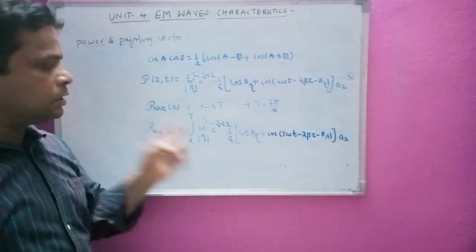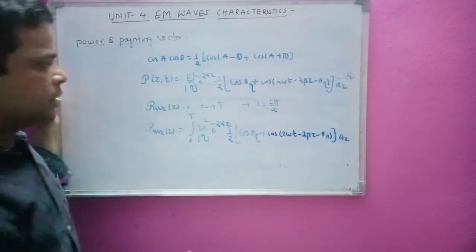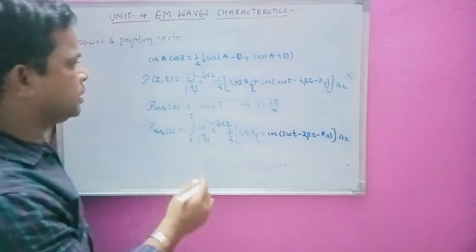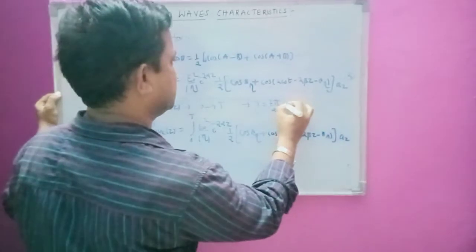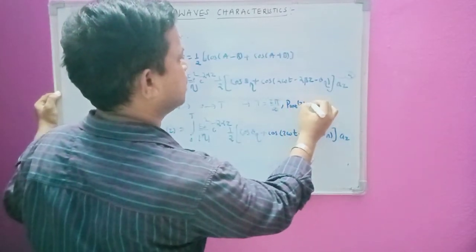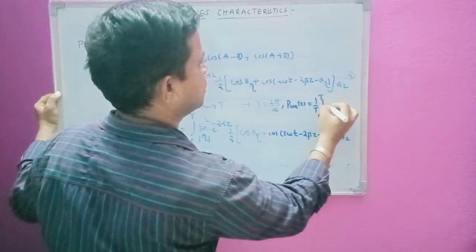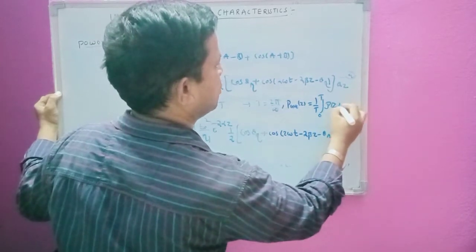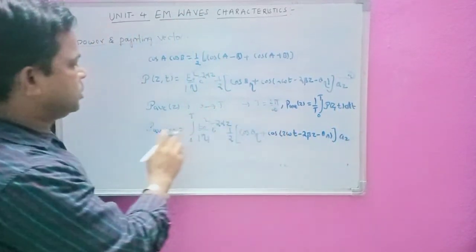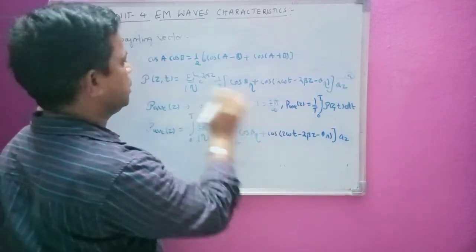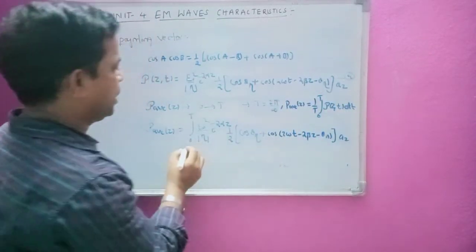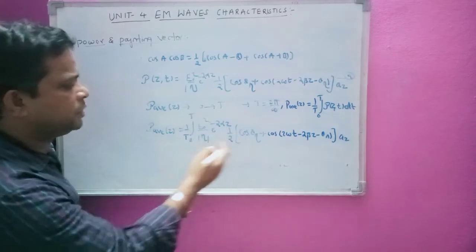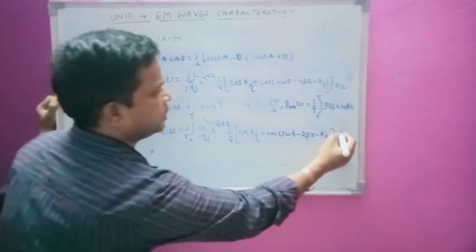Now we are going to integrate this in these limits. So the constant terms we will take outside here, that is the average power we are going to get. Actually, you have to write the formula here before going to this one. P average we are going to calculate by taking 1 by T times the integral from 0 to T of P of z comma t dt. So this is the formula actually. P average we get by integrating this entire term, 1 by T, 0 to T, P of z comma t dt. Now I have to take 1 by T here, that is enough. Now I will take the constant things with respect to t here. I have to write dt here.